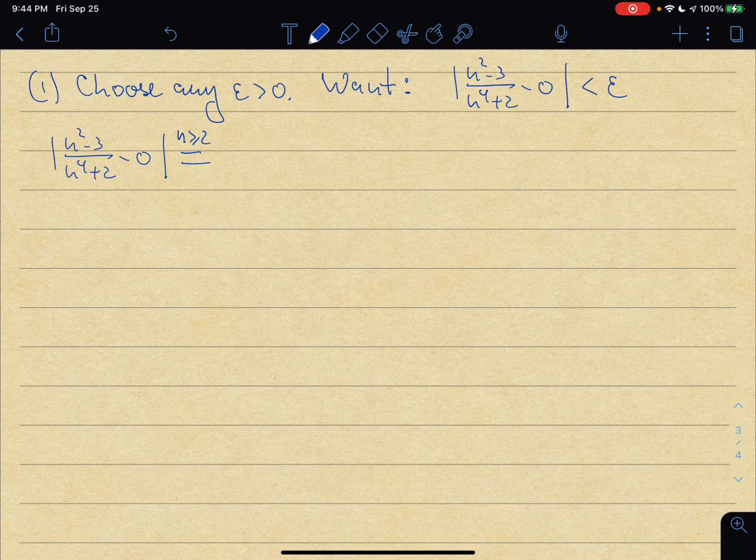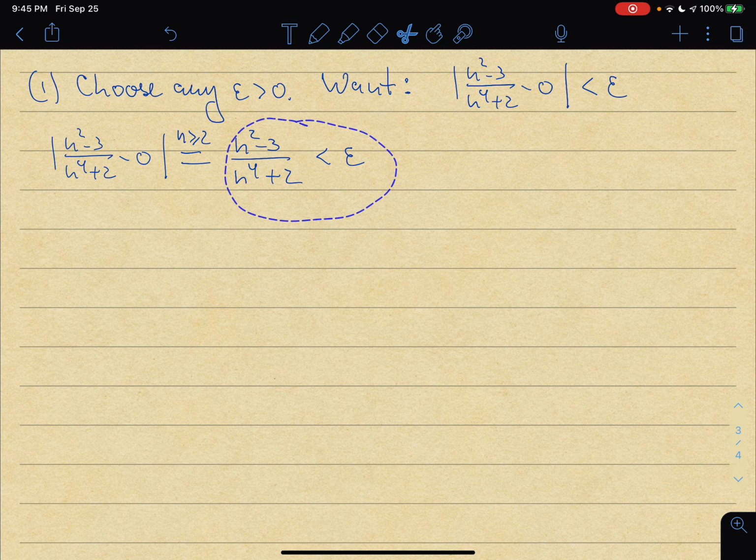Once again, if I'm taking a limit, I can start my sequence from anywhere, in particular at n equal to 2. So this would be the same as n squared minus 3 over n to the fourth plus 2. And this must be less than epsilon. If I look at this inequality, it's pretty nasty, because not only do I have an inequality, but it also involves fourth and second powers of n, for which I would like to solve. And so I can predict that the outcome is not going to look very pretty.